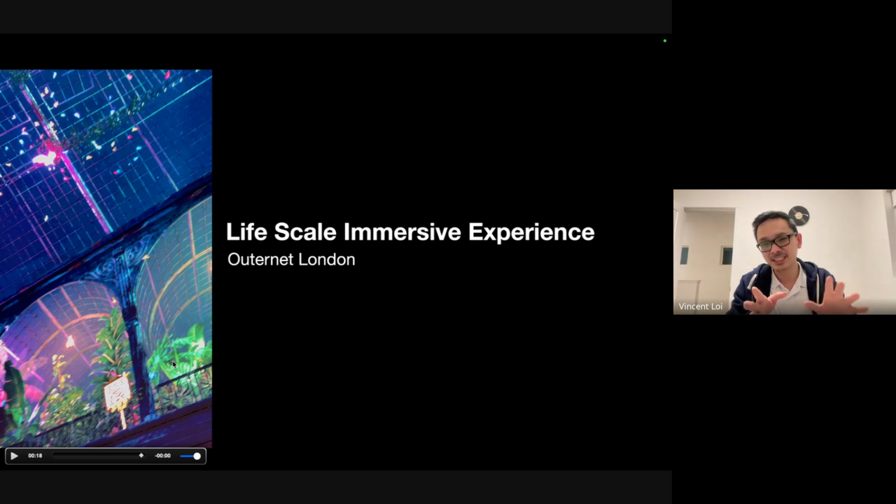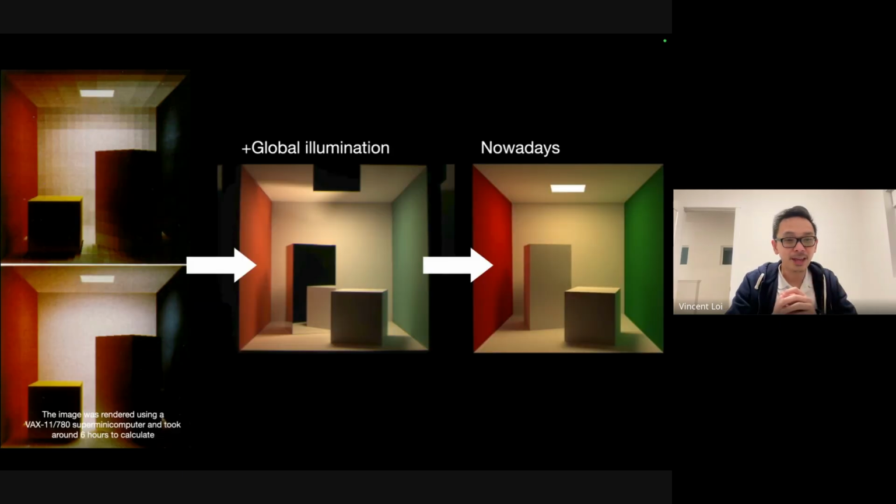But what are the things behind it? We want to scale for the detail. So what is the thing that drives this kind of beautiful graphics rendering out there? Bear in mind, let's talk a little bit about the history of rendering. Whatever you see on the left side is actually the early stage of rendering.